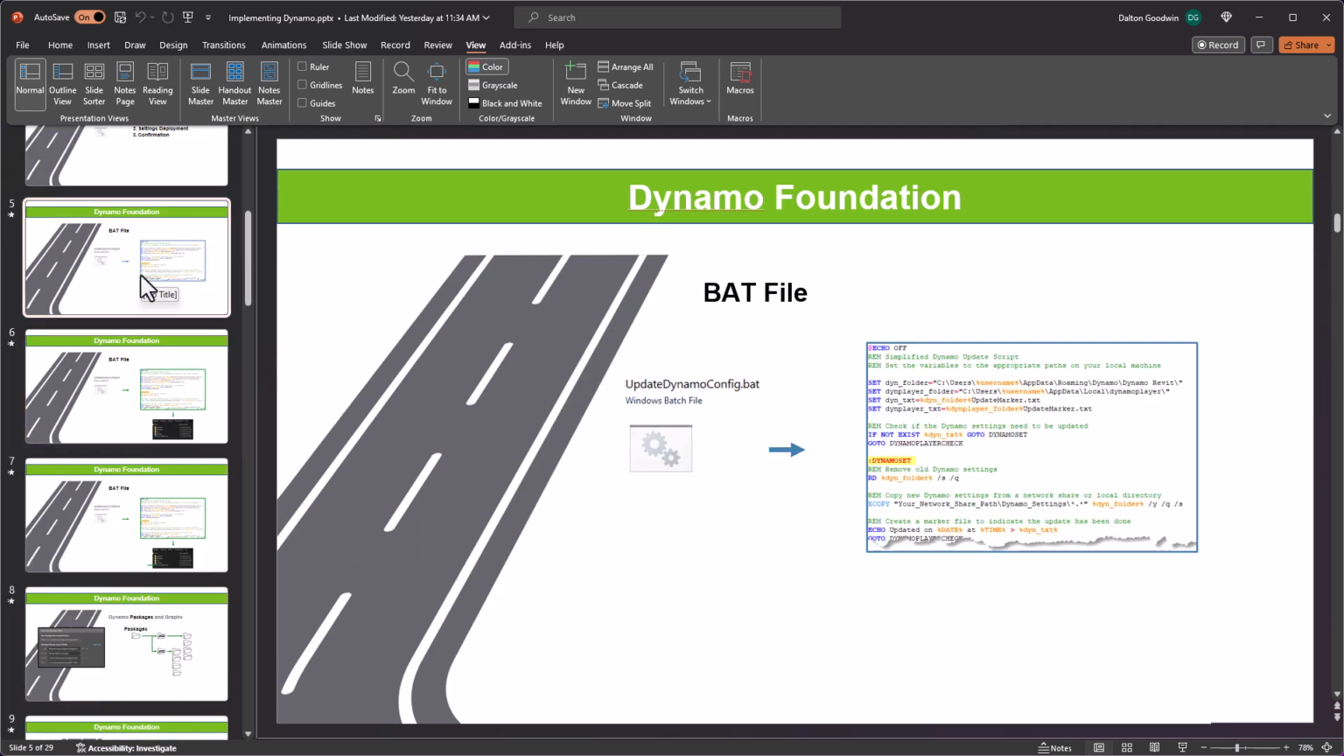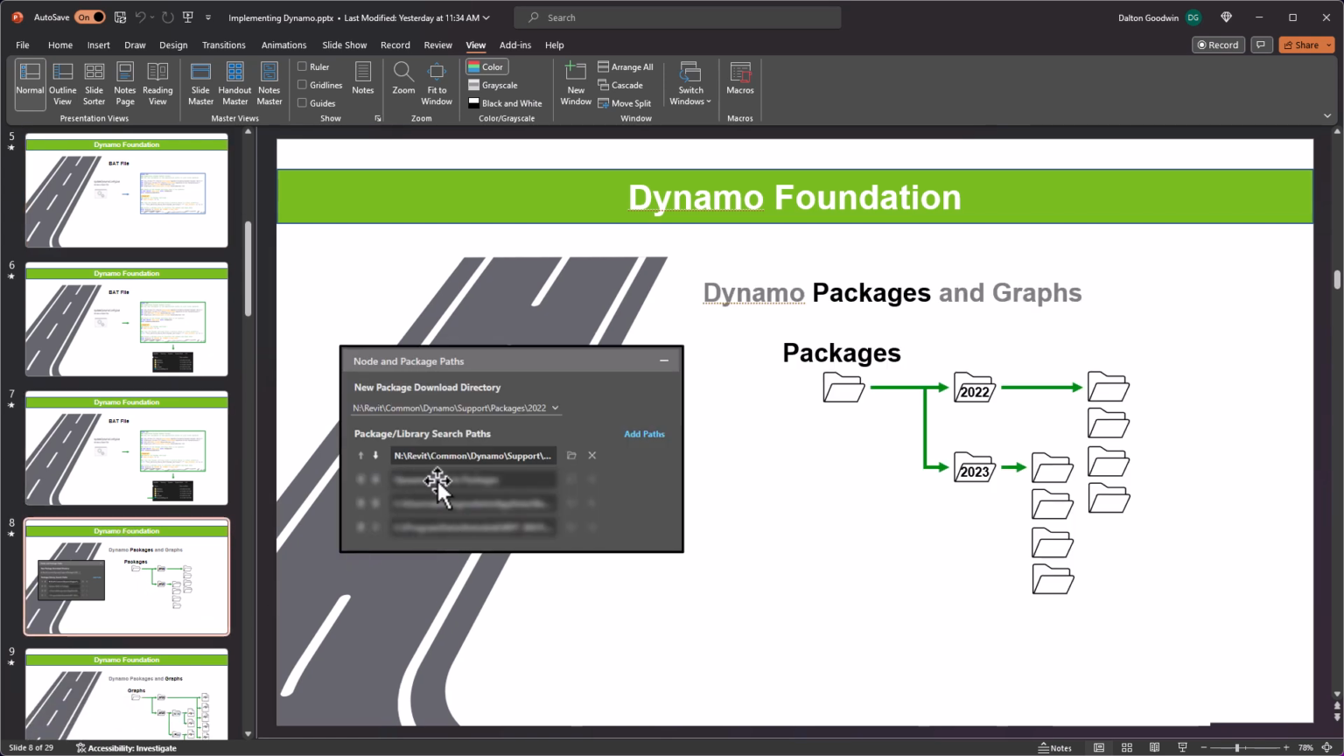Now, I want to mention this because I think this is important. This isn't to limit what people can do with Dynamo. They can still add other packages. So if we scroll down and look at this image, they can still add packages here if they want. They can even reorder these if they want. But if they keep that top one as the main one and then keep their others cleaned up,